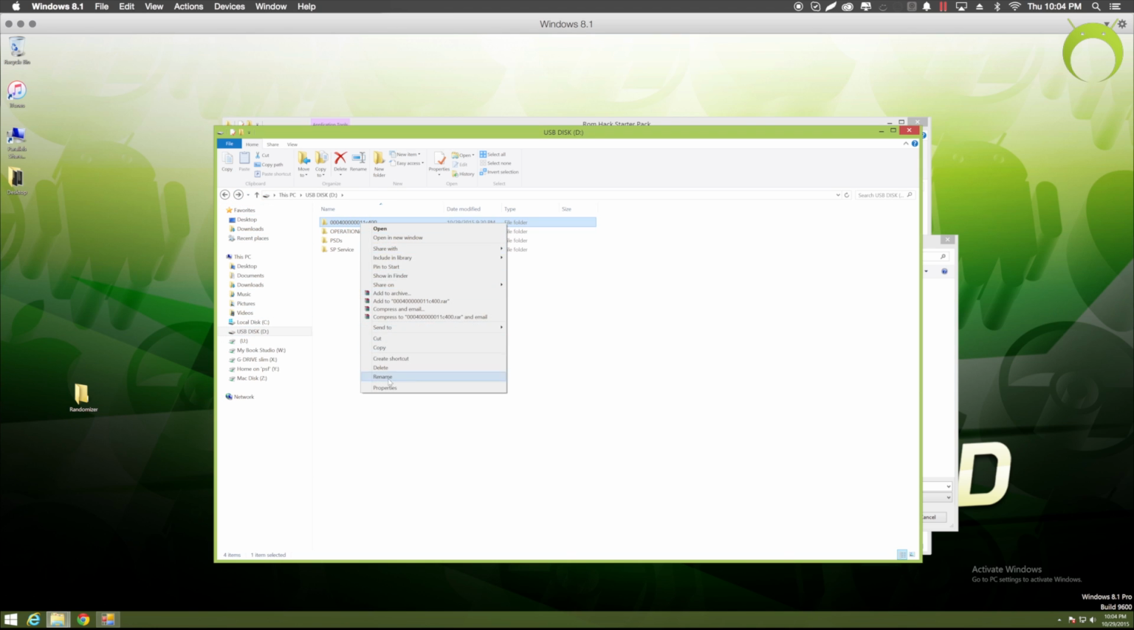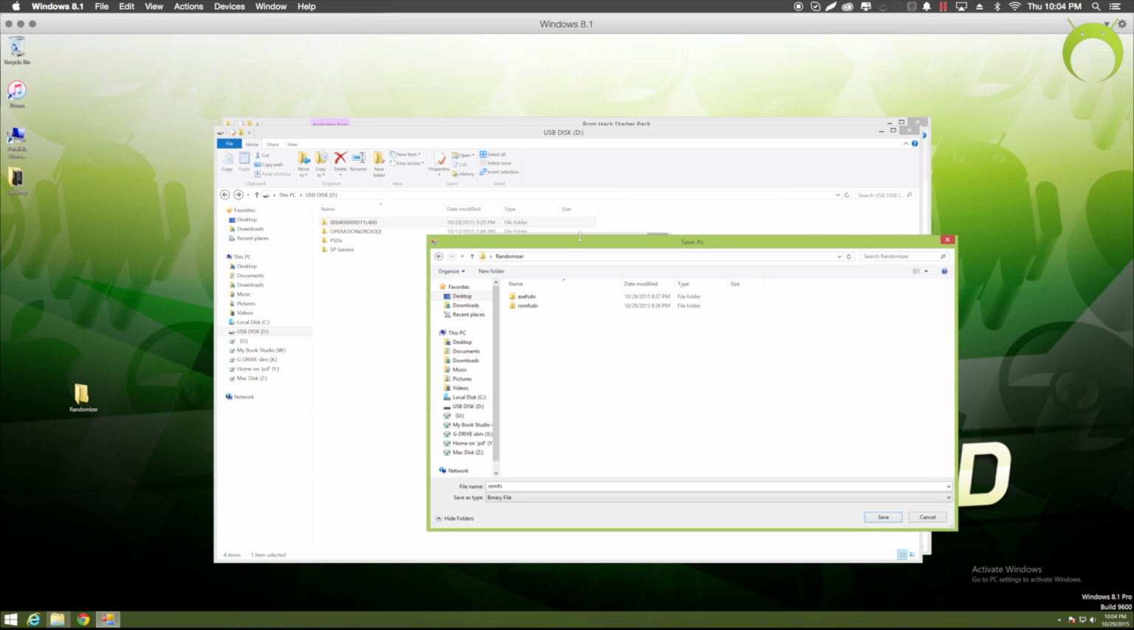I'll also have it linked in the description below because all Omega Rubies will be named the same thing. All Alpha Sapphires will be named the same thing. All X and Ys will be named the same thing. No matter what game you have or where your region is from, I'll have that in the description just in case you need it. But the easiest way would just be to copy the last 8 digits from that folder that's in your SD card